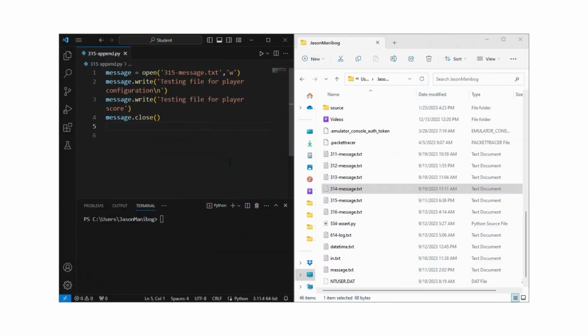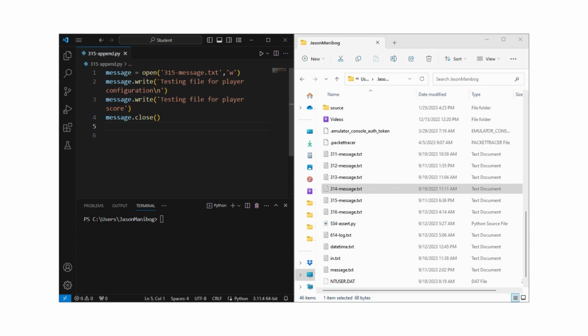Whereas writing to a file infers that we are writing to a new file or overwriting an existing file, the append command adds text to the end of an existing file. We have established that in gaming, one or more configuration files may be needed to store essential information, such as a player's statistics. For the append example, we will use a variation of the file we have used throughout this section. This version, 315 append, will use a file named